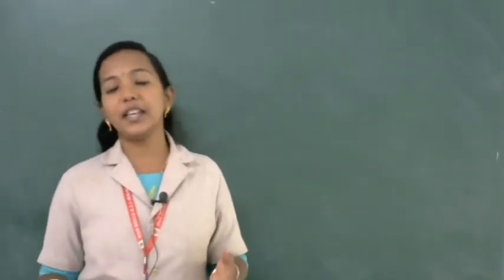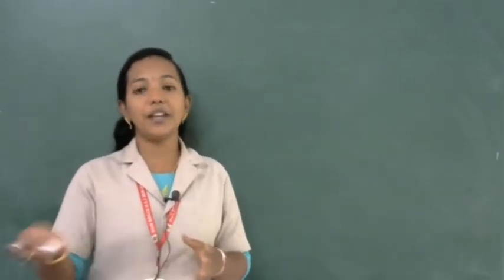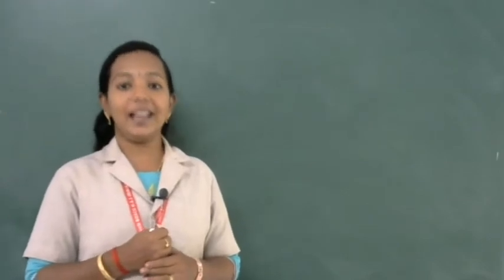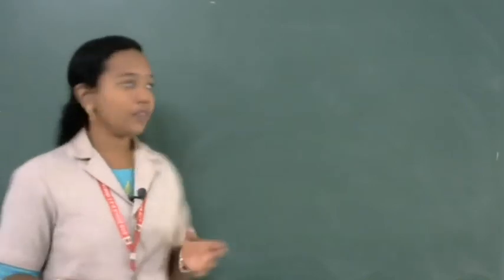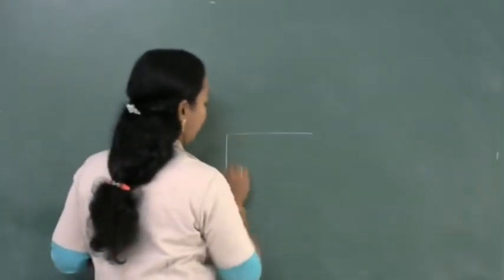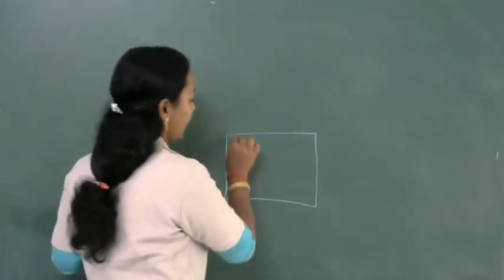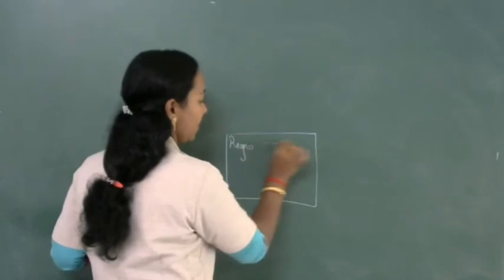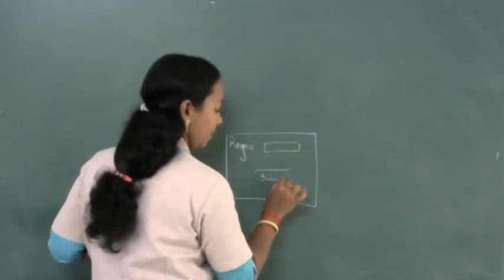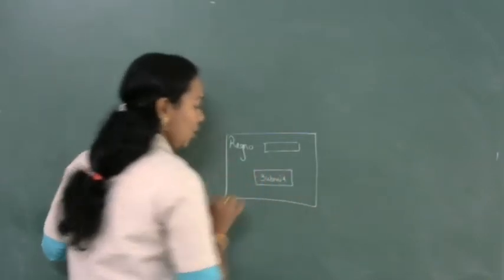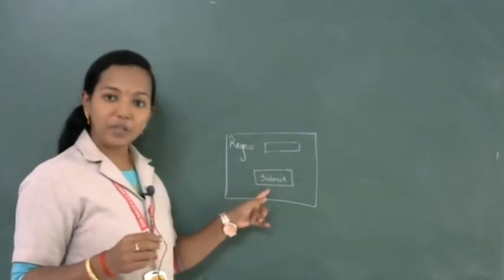Here, instead of only PHP, we are going to deal with a database. There is one database present, and we are going to extract some values from that database. For that, first we create a sample HTML form for entering a register number. There will be one text box and a submit button. When we type a register number in this text box and click on the submit button, what will happen?